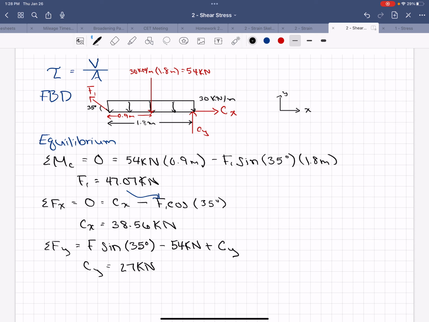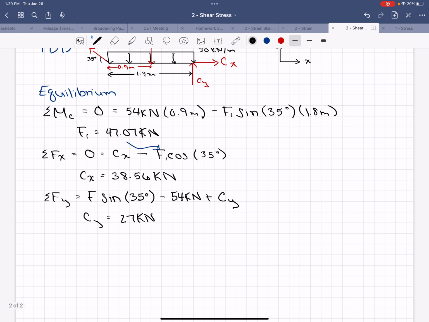So the last thing we need to do before we move on to calculating the stress is we have a Cx and we have a Cy. And we have to calculate the shear force acting to calculate the shear stress. So we need to find the resultant force at C. So like we did in homework 1, we're going to find the resultant force